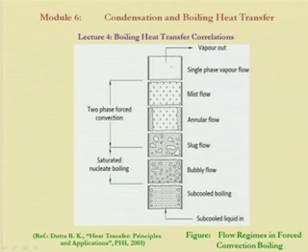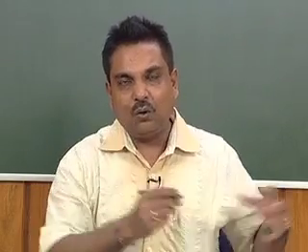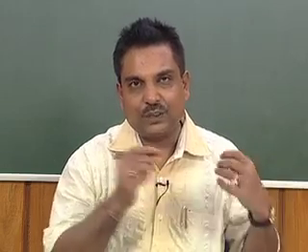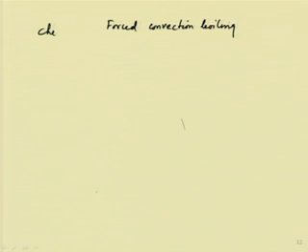So, this is what is called forced convection boiling, and we can see that when there is forced convection boiling, 2 kinds of things are happening. One is flow of the fluid, and this can be a 2-phase flow kind of situation, and there is boiling also, that is, bubbles come into the picture. So, in that case, there is a recommendation that Chen suggested. So, in case of forced convection boiling, Chen suggested